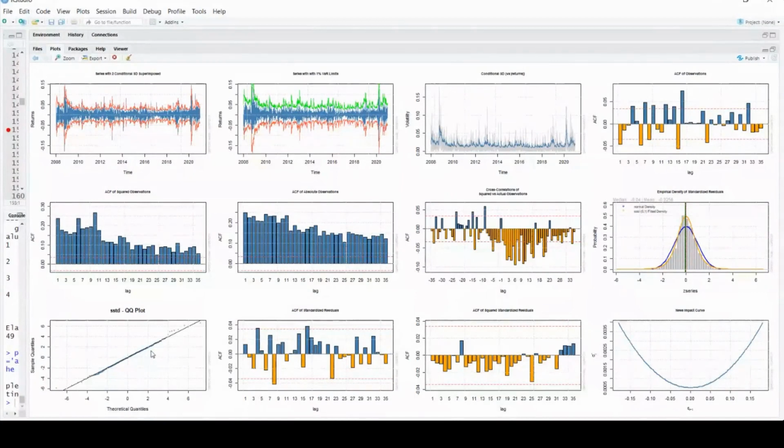There are few observations, these are the outliers, which are falling apart from the black line. Otherwise, you can see the fitted observations are lying along the black line.